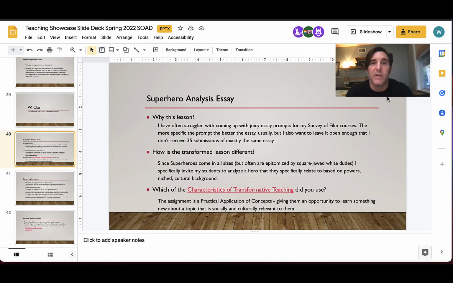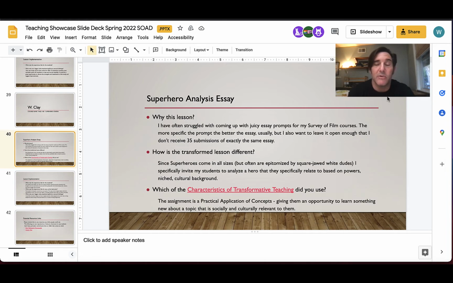What I did to change it this time, in order to come up with a better, juicier essay prompt that was a little less general but still wide open for the students to pick what they wanted to do, was make it a more culturally responsive, culturally specific essay prompt, asking the students to come up with and analyze a superhero or villain.